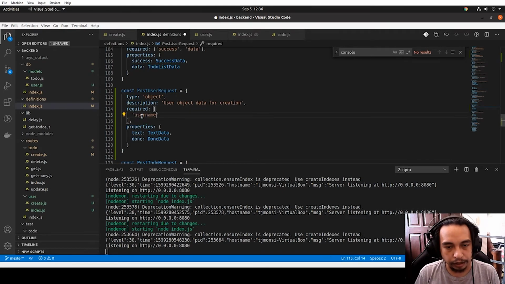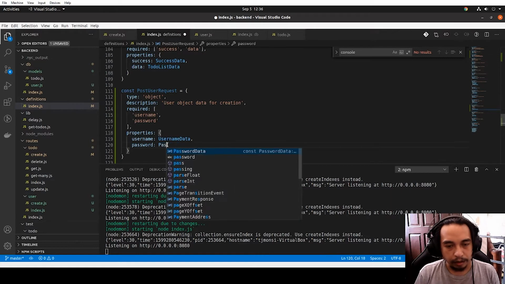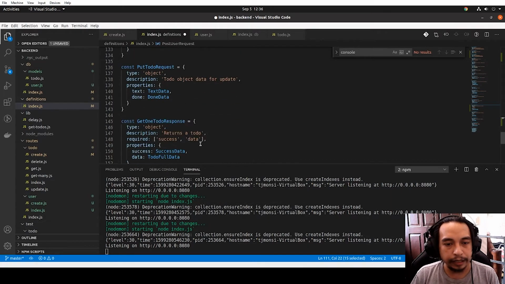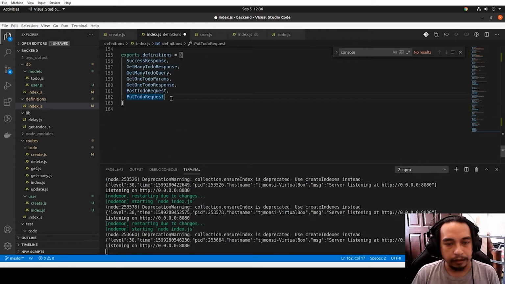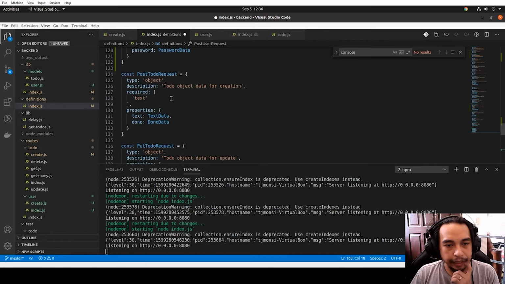We have a username as and the password, password, username data, password data, post user request. We add it up here, and then